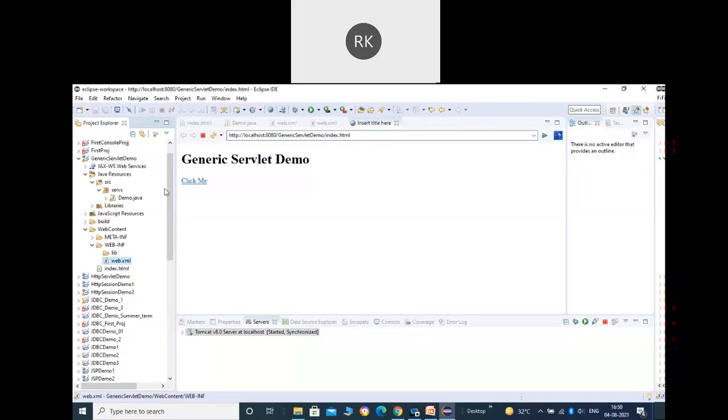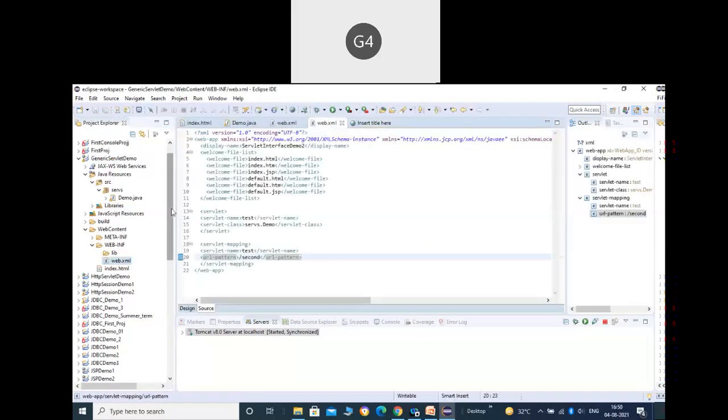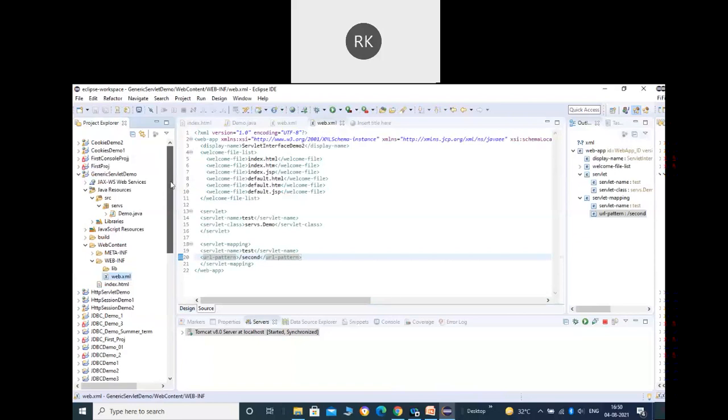Let me open it here. Click over there. That means the web.xml file is not working correctly.